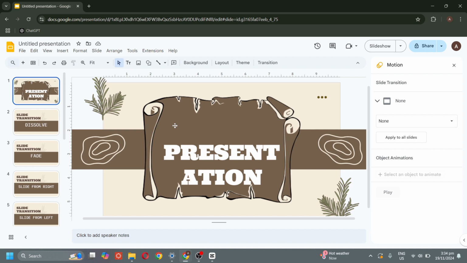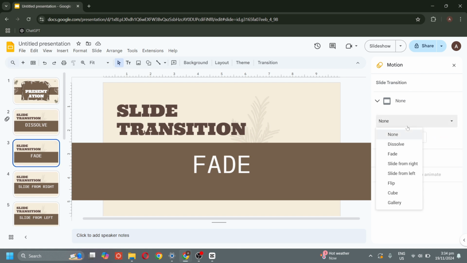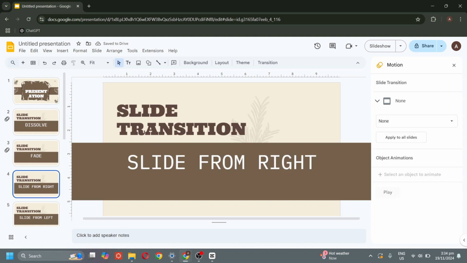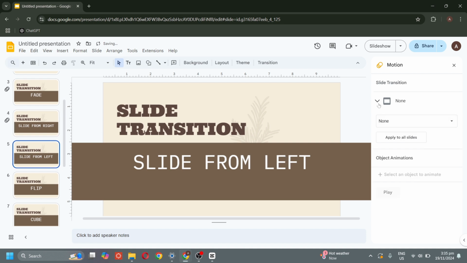So now I'm going to show you how I did that. So first select your slide and click the transition type and then select the dissolve. And now you can choose whether slow, medium, or fast. Now next slide, change the transition type to fade, and then the next slide, change it to slide from right, and here slide from left,